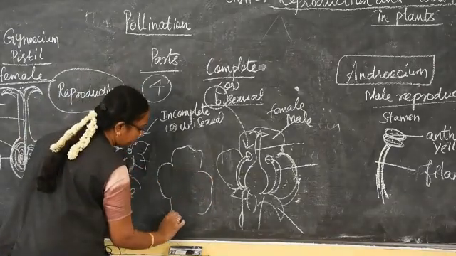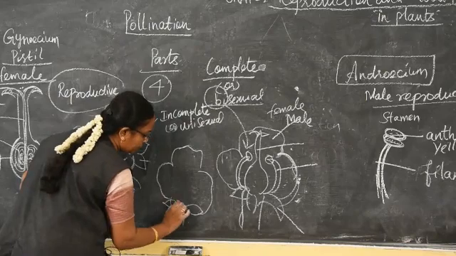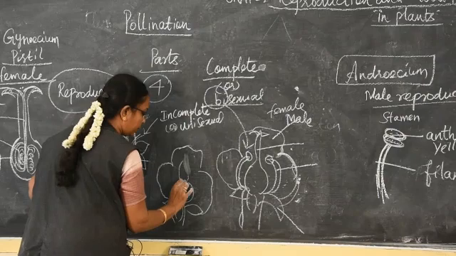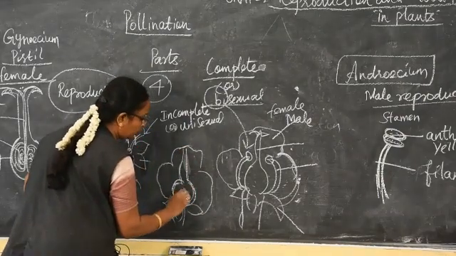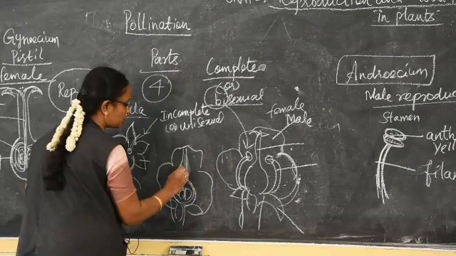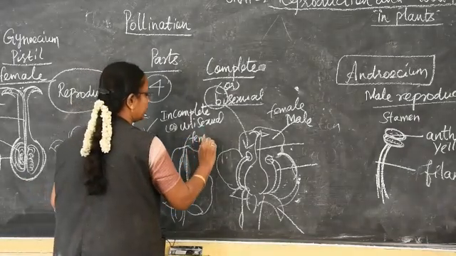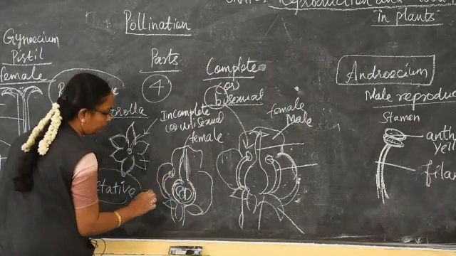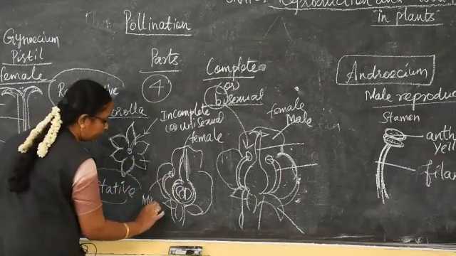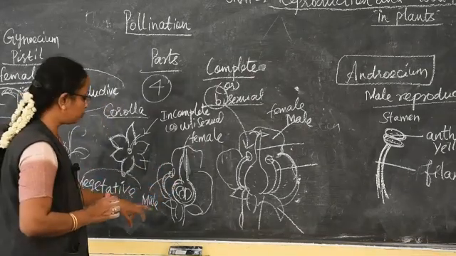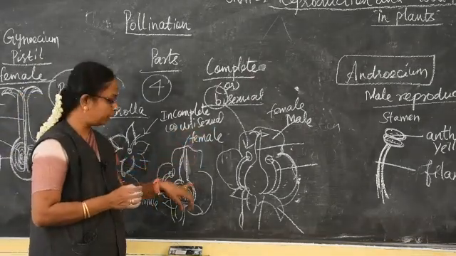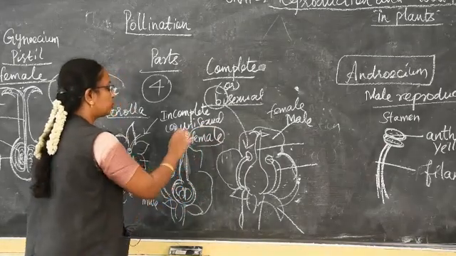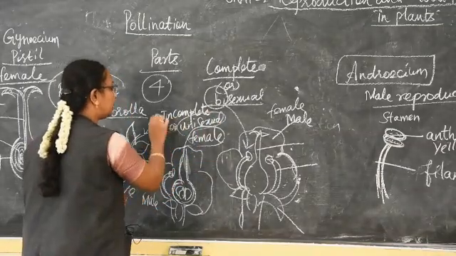So, if we take the pumpkin flower, what does it comprise? Either male or female part. It consists of either the male part, or this is the female portion. If it contains only the female portion, that is known as a female flower. It may contain only the androecium alone, that is called the male part. If it contains only the male part, it is known as a male flower. If it contains only the female part, that is gynoecium, it is said to be a female flower. So that is known as a unisexual or incomplete flower.